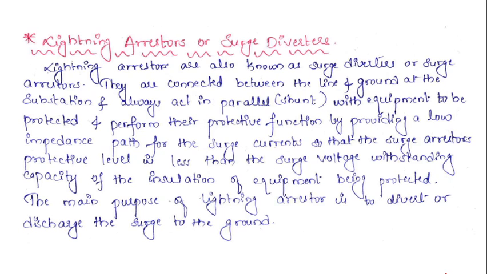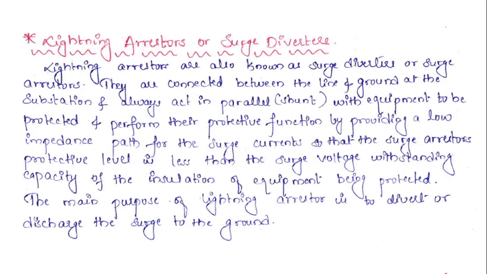Okay, so connected between the line and ground at the station, substation, and always act in parallel with the equipment to be protected, and performs their protective functions by providing a low impedance path for the surge currents, so that the surge arrestor protective level is less than the surge voltage withstanding capacity of the insulation of the equipment being protected. So how these are going to provide means they will be creating a low impedance path for the surge